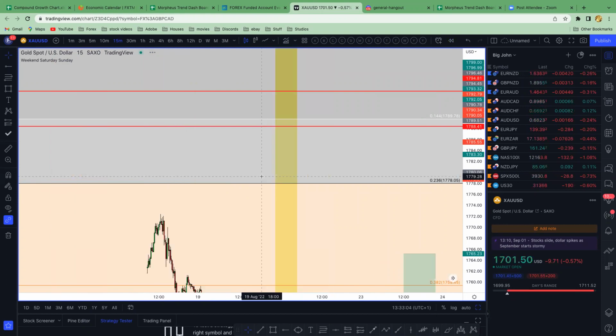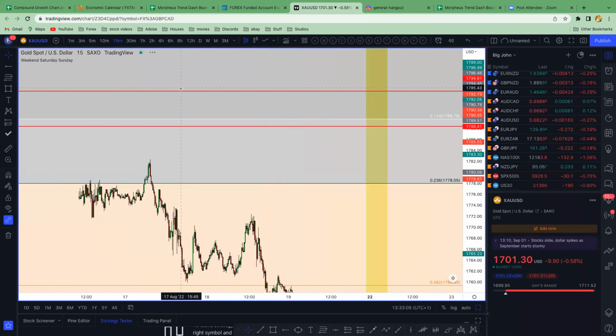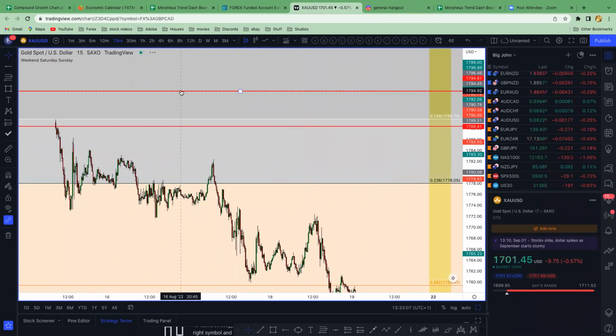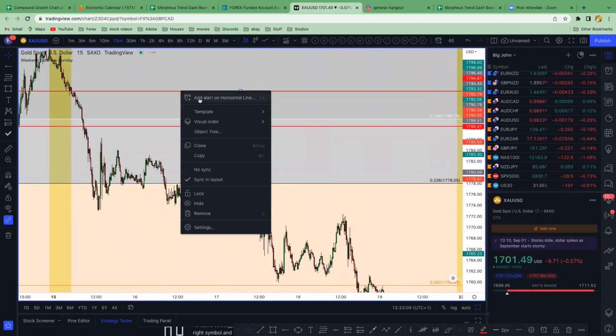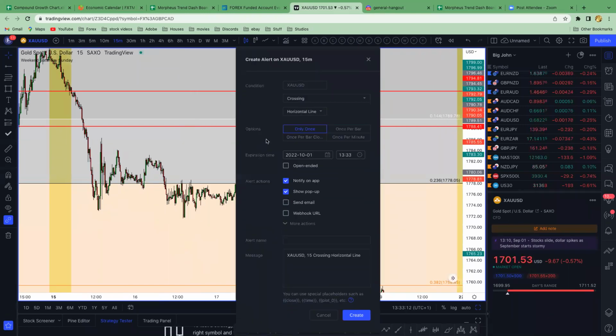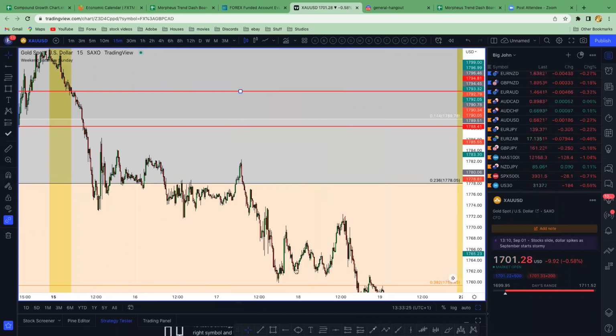I don't even have to show you like that, to be fair. You can just basically click on these lines. Of course, that was on the box, and then you can just go to add alert. When you go to add alert, go to once per bar close, crossing that line, and then you can set up anything you want, notify an app. You can have it pop up on your screen, or you can have an email alert, and then just go to create. And then when you go to create here,